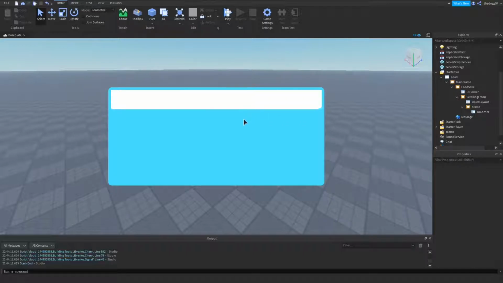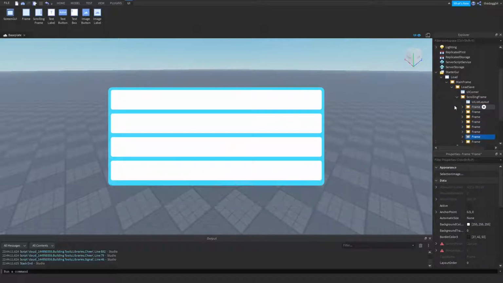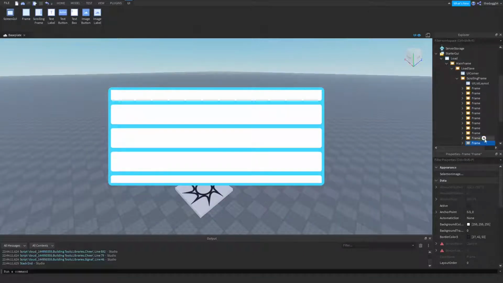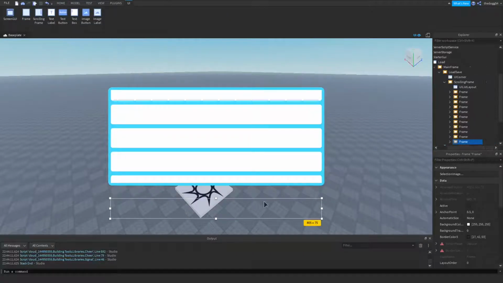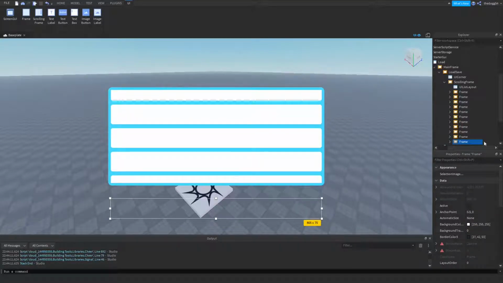In this video I thought I would show you guys how to make an auto scaling GUI scrolling frame. So let's say, it's a quick little example here. Let's say you had a whole bunch of these and you wanted it to auto scale so you could see every frame. So you'd be able to see this one and you're able to scroll, and it's all even, so it always ends on the actual bottom instead of like this. So it's very simple,